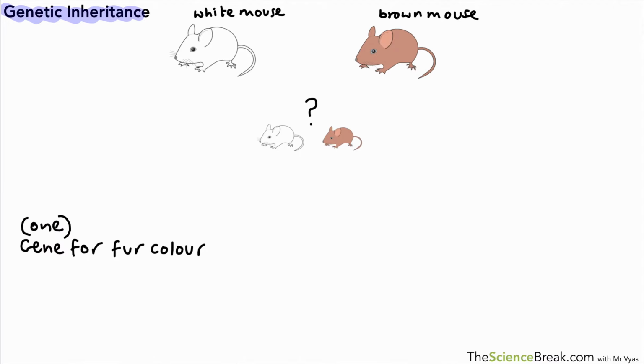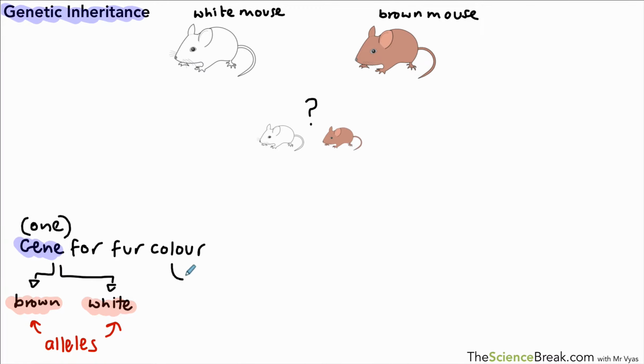However, that gene has different versions. Those different versions decide whether the mouse is going to have brown fur or white fur. And when we have alternate forms of a gene, we call those alternate forms alleles. So the gene is for the fur color, the two alternate forms are brown and white, and those two alternate forms are called alleles. So we could just make a note of that there, spelled